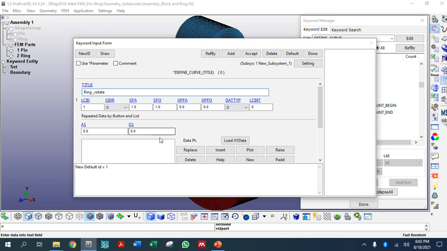So first 0, insert, and second, let's say we set it to be 20 seconds. It's okay, and maybe we can set 12 seconds or 14 seconds. It's up to you. 12 seconds maybe. Yep, it's okay. 20 seconds, 20 seconds, and then